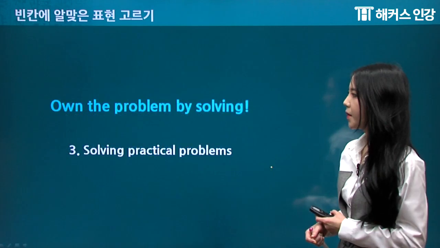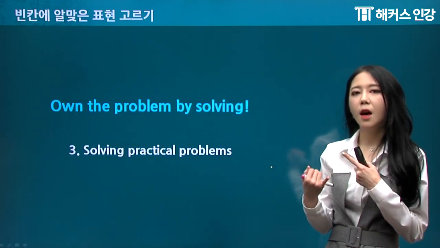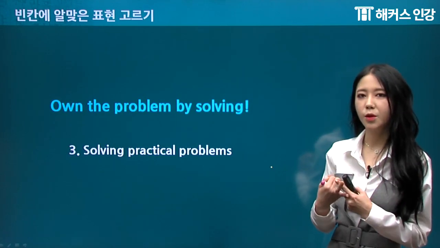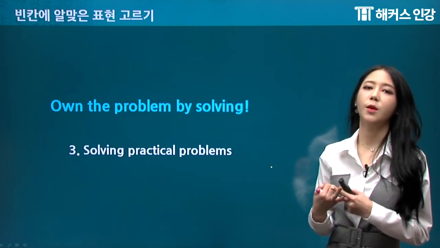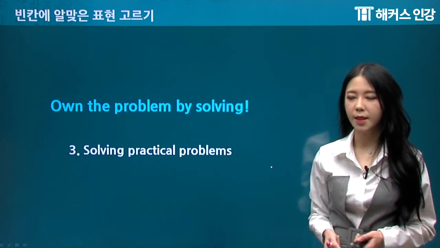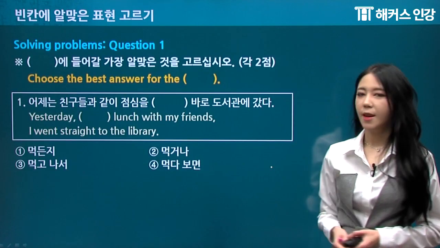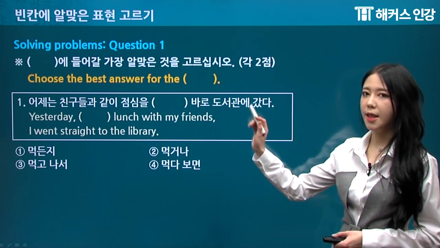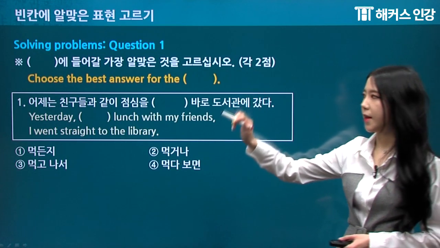Okay? All right, so now that we've gone over what type 1 question is and what strategy we have to use in order to solve it, let's move on to solving practical problems. All right, let's move on to question number 1. The first sentence is the direction given. All right, it says,